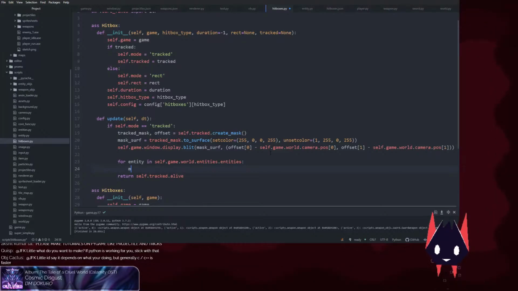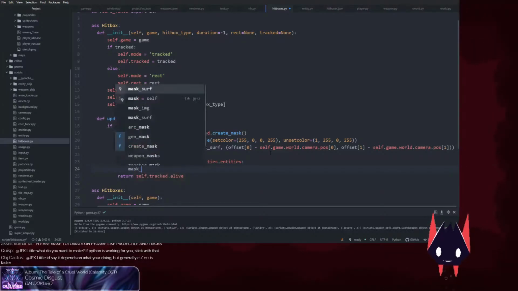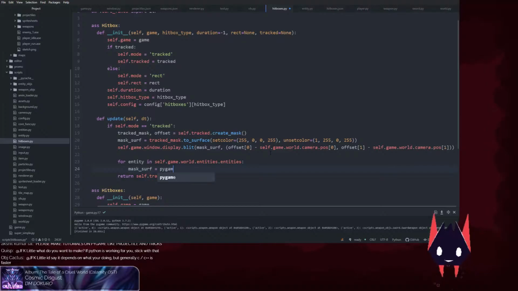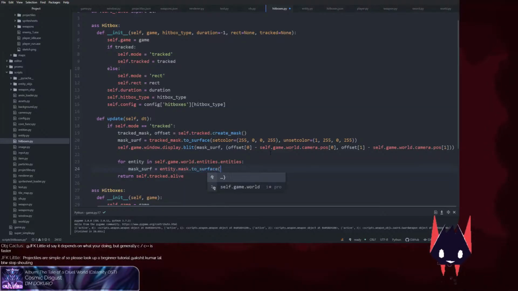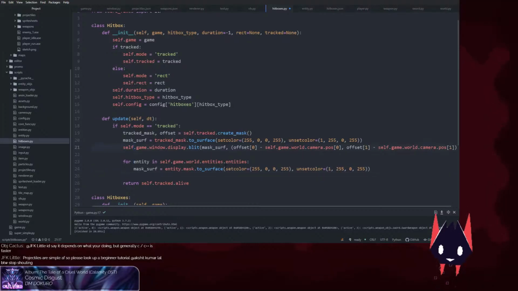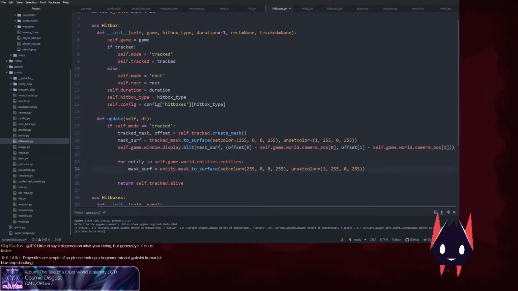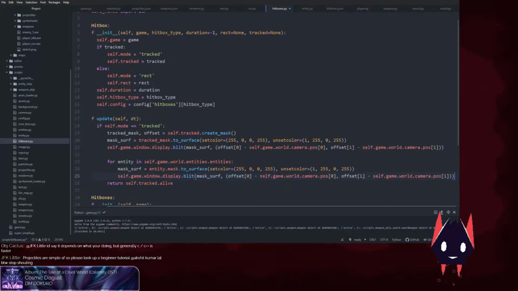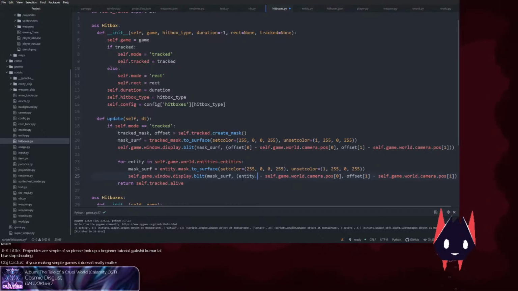So mask surf equals pygame, entity.mask.toSurface, and I'm going to use a similar color combo and just render that. So when rendering this mask, it's going to be the entity's position, entity dot, wait, is that,